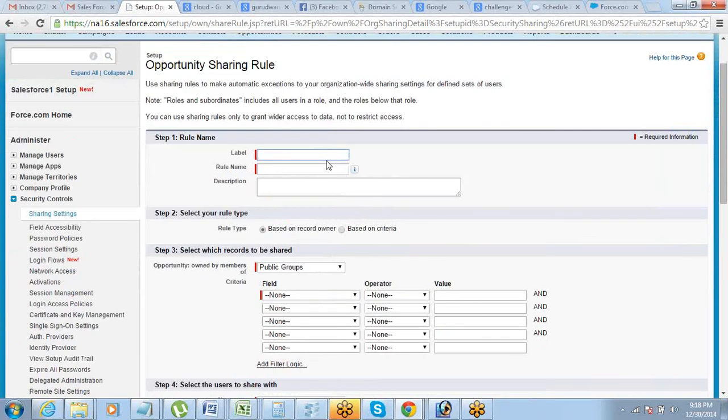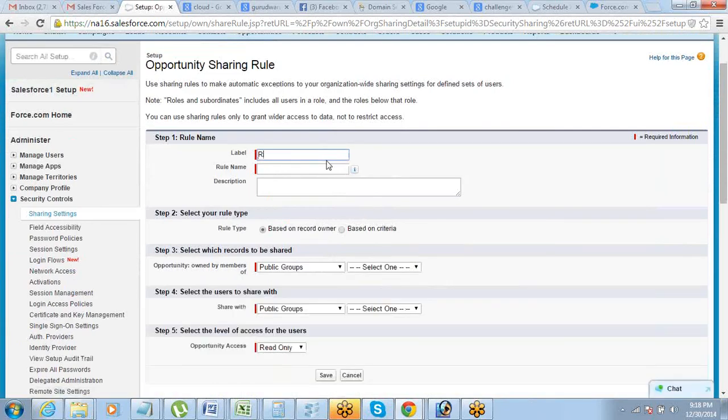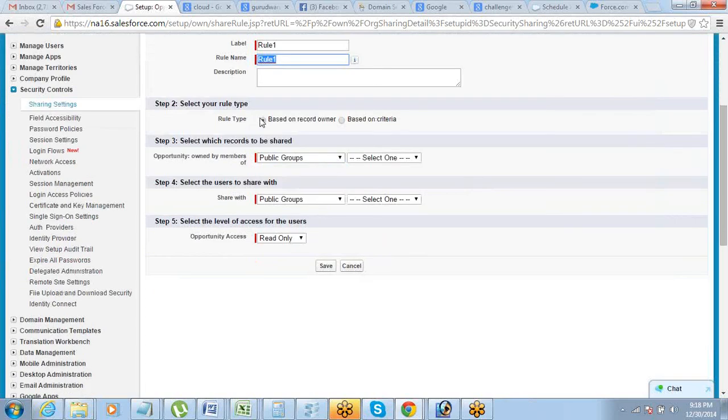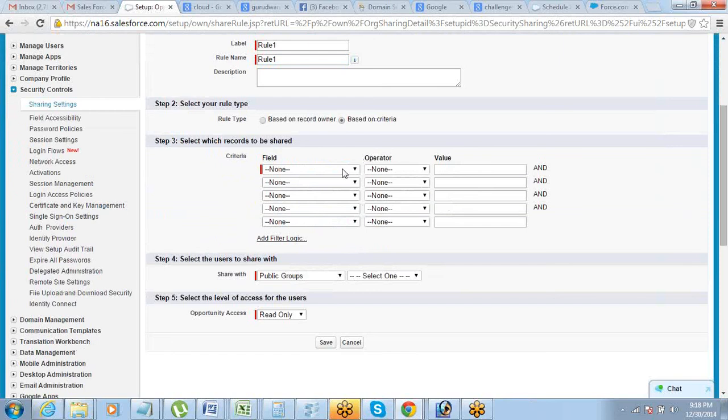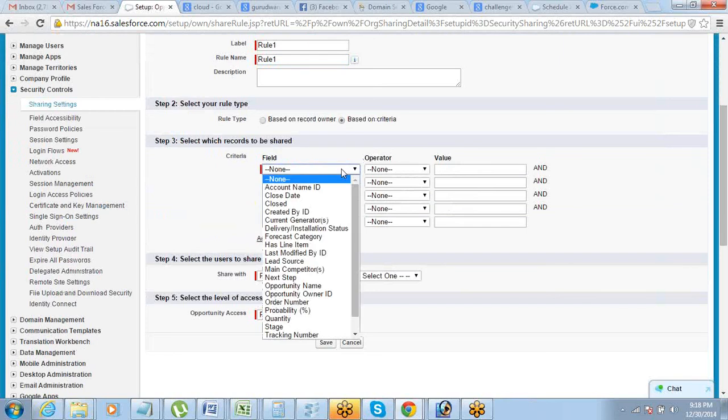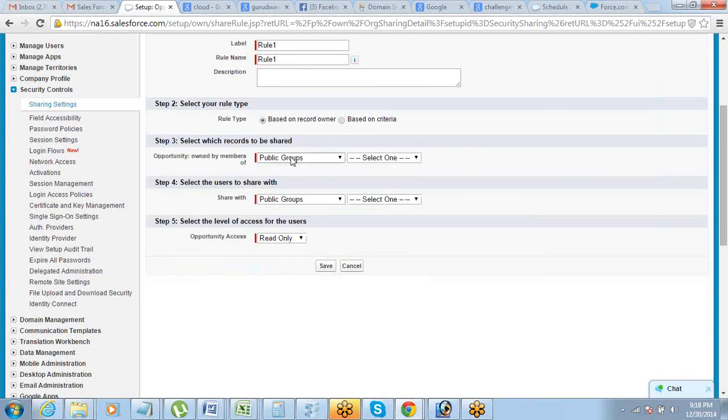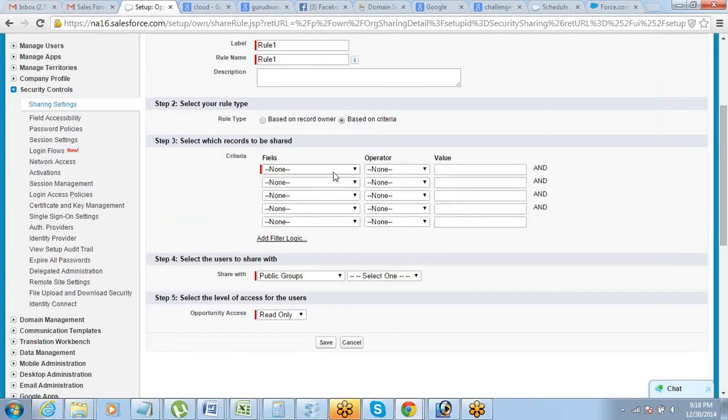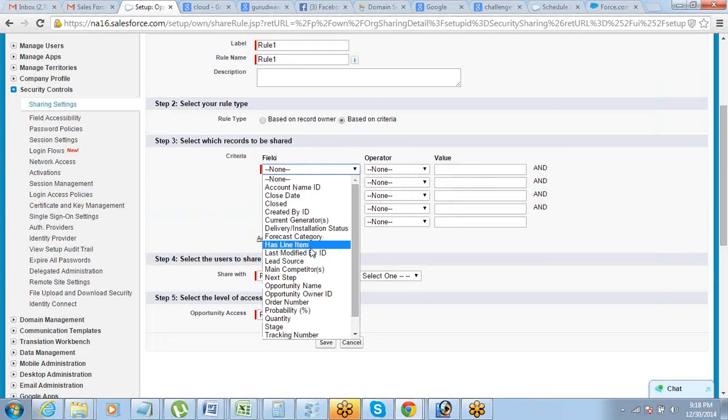This sharing rule that you define has a few things that need to be defined. So you just have to give a label and a name to the rule. Let's say call it rule 1, whatever name you want to put. Which data you want to share, based on record owner or based on criteria. So you can share the data based on some criteria also, like share all the opportunities from a particular account or share all the accounts from a particular country. So you can put your filter here, or you can share it based on the record owner, that share all the data which is owned by a certain person with a certain other person, right? Let's say you say that, okay, fine, I want to share all the opportunities where the amount is...